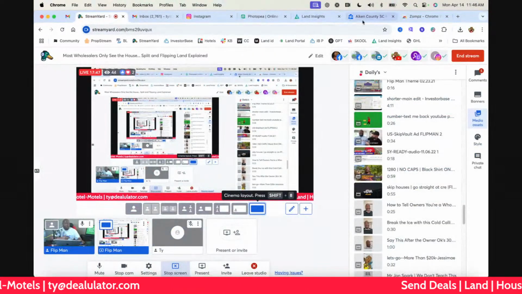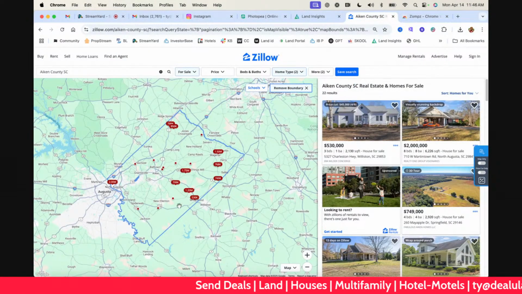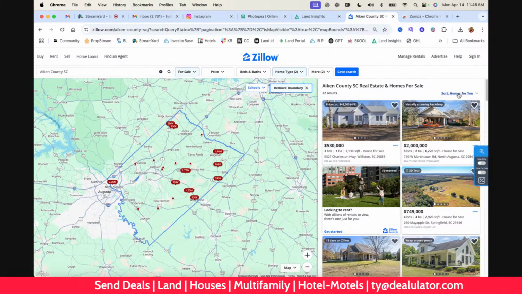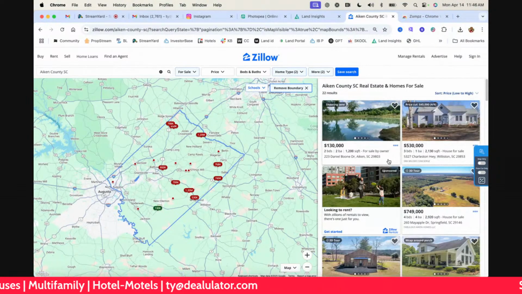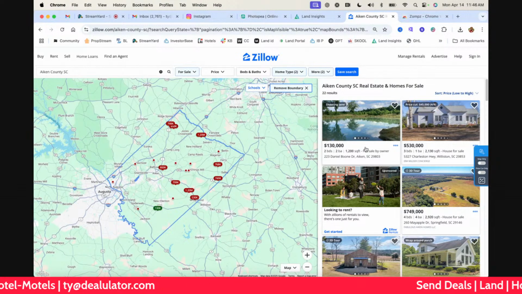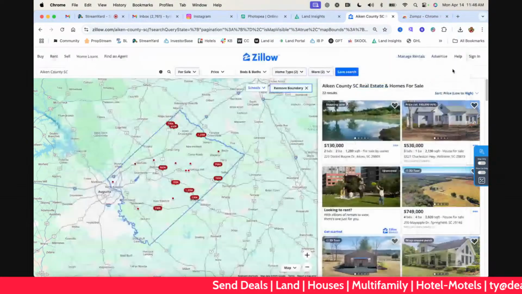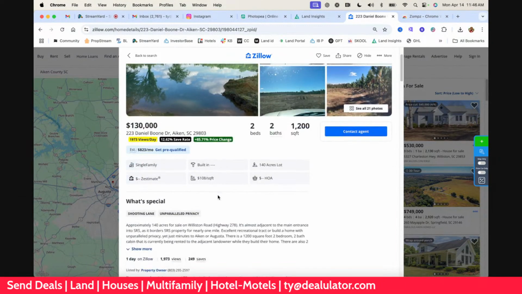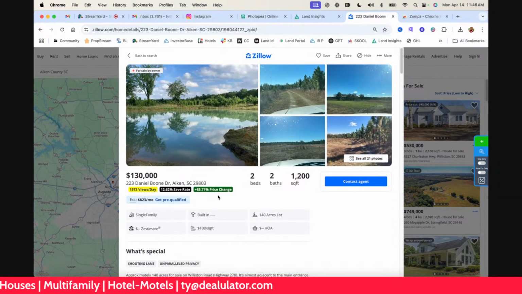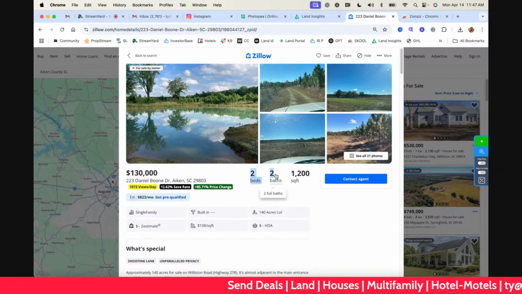All right, I'm still by myself. So that came up with only 22 results in that county, but that's cool though. Over here, I'm going to sort from low to high. So the bottom is 130,000. The next thing I'm going to do is clear all of this out and start to look at property. Wow, look how many views this property got in one day. It's 140 acres. The first thing you want to see is, does it have bedrooms and bath?